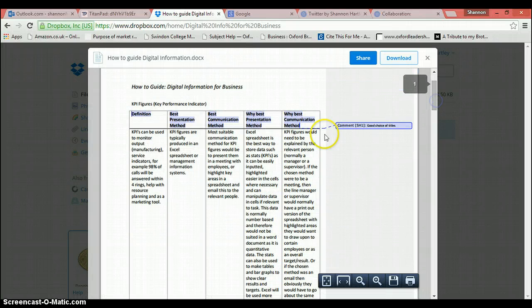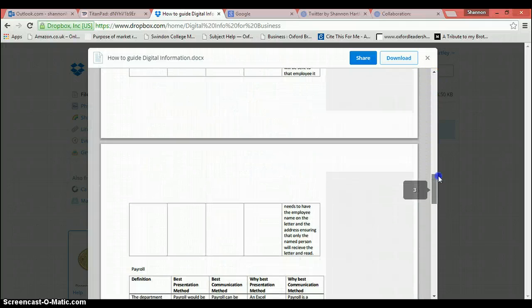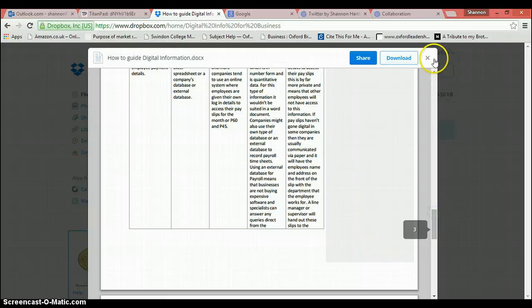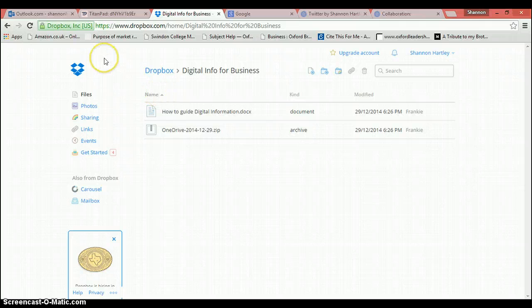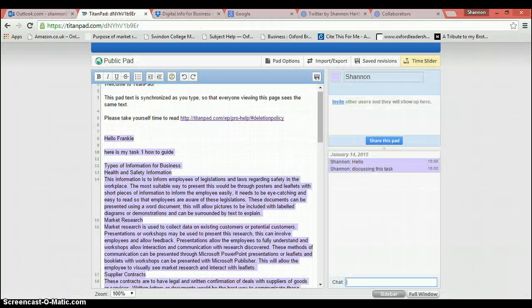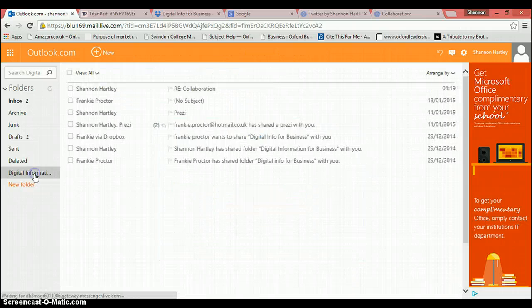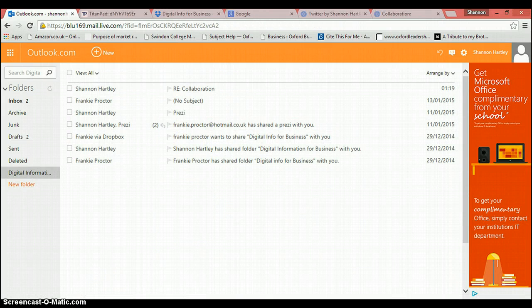We did collaborate slightly on it, although our favourite was OneDrive, so we didn't actually do too much collaboration on Dropbox. It was really good, although you only get a certain size amount of storage on here, which is a bit of a shame. So we did prefer OneDrive. So then I'll just get up the rest.